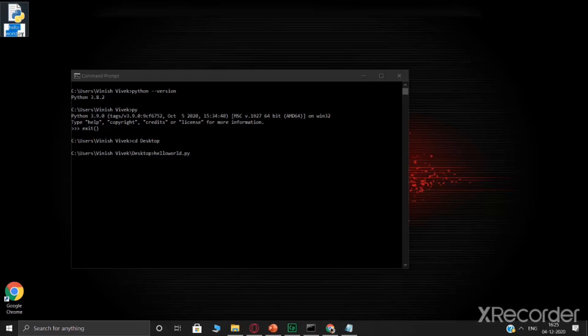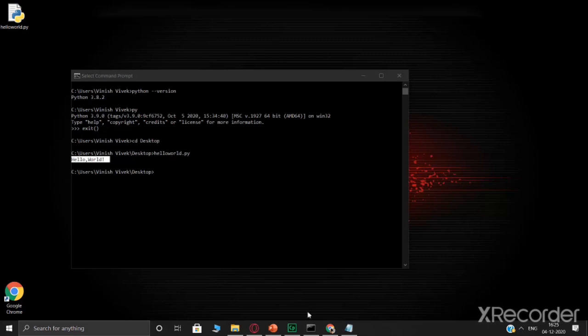Let me just rename this without a space. And if I run this, as you can see, it's saying hello world here. So this is how you can make use of a notepad to simply write a program and directly execute it using the command prompt.